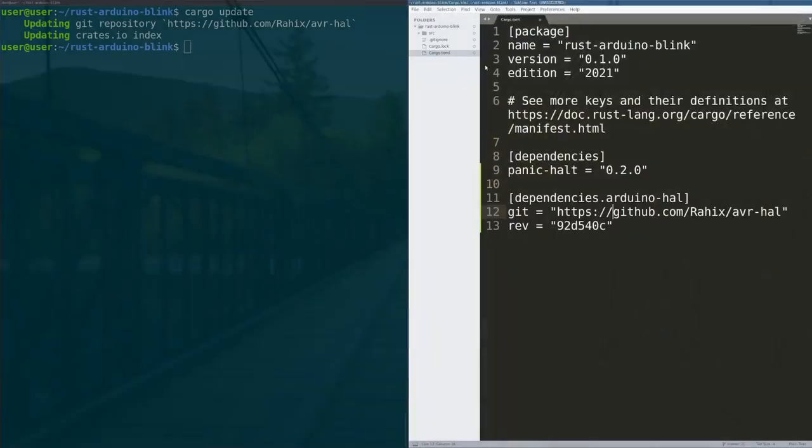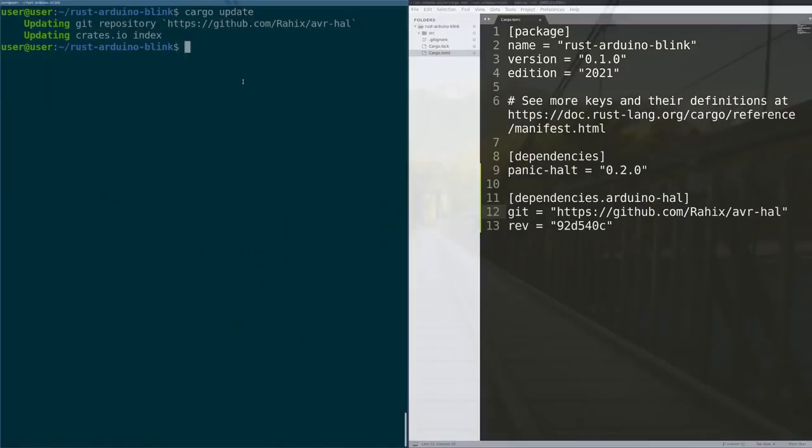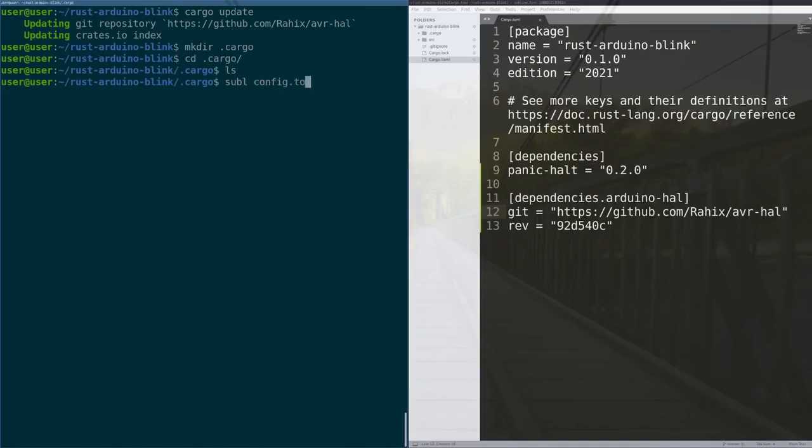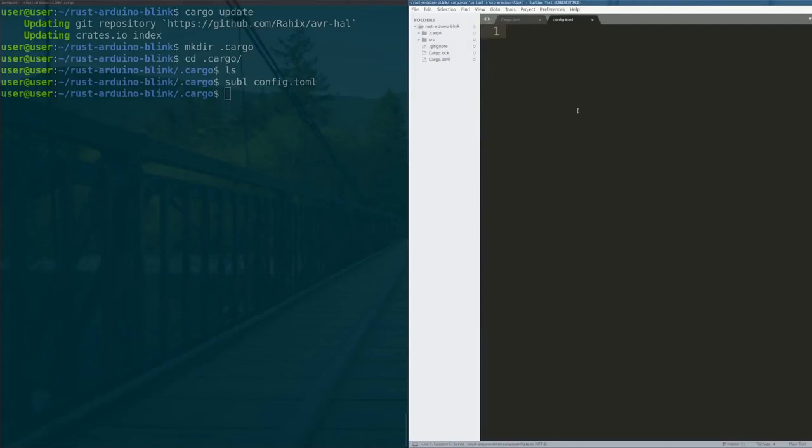So now what we need to do is tell the project that we want to compile code for the AVR target. The way we're going to have to do that is by making a special folder called .cargo. And in that special folder, we will open a file called config.toml. This file is a place where you can specify the target of your project. So in our build rule, for when we're building the code, we want to say that the target of our project is a specific JSON file that will describe how to compile our code. So avr-atmega